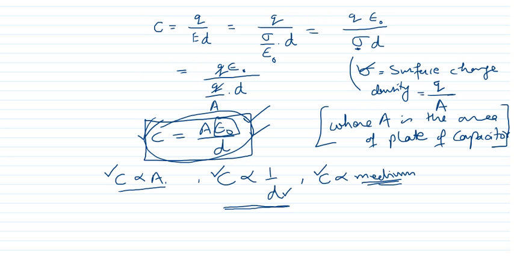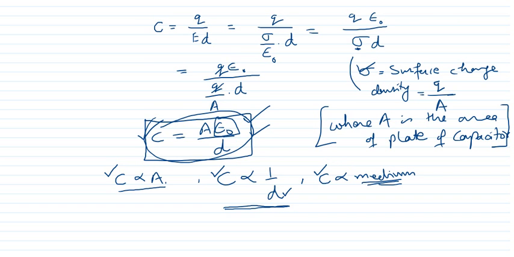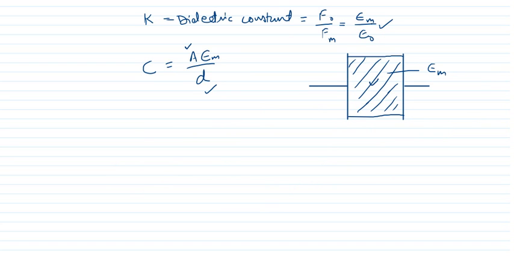What I want to say is that suppose in this capacitor, I insert something between the plates of the capacitor, and this whole area will be filled with some medium or material, and the diagram will become like this one. So instead of epsilon naught, now epsilon m will come here. Rest of the things will remain the same. We have not changed the spacing between the plates, we have not changed the area of the plates, and therefore this formula of capacitance will become this one.